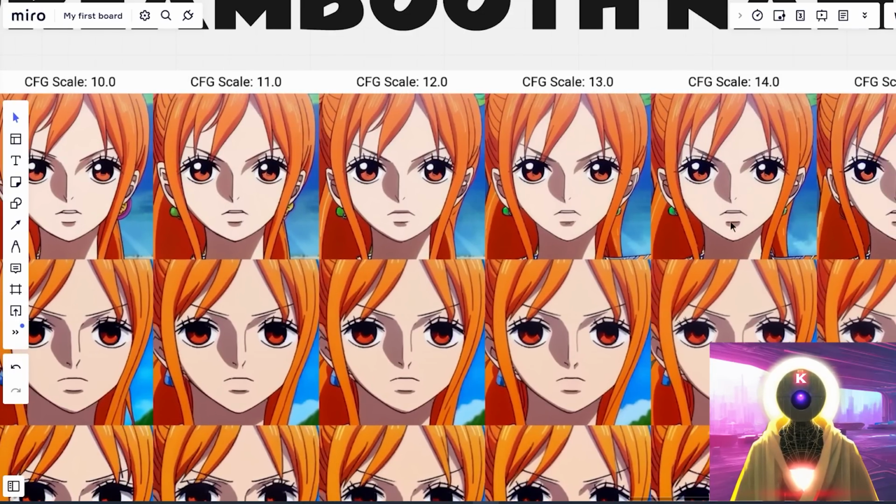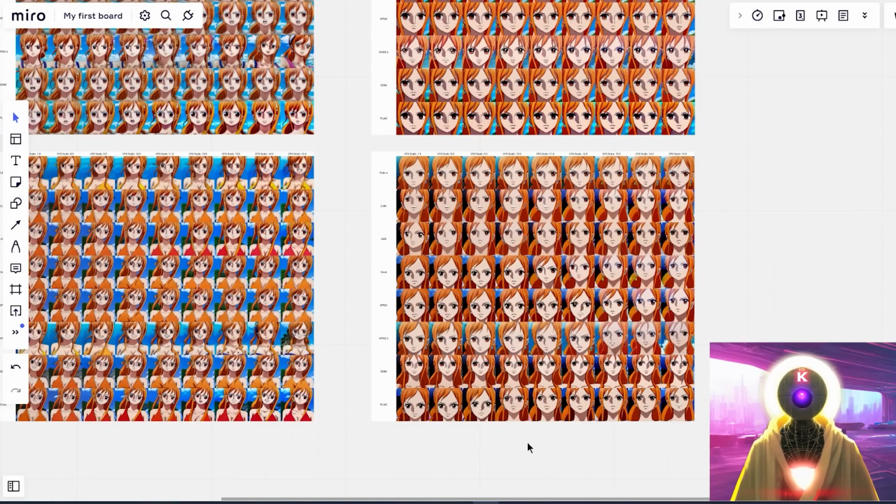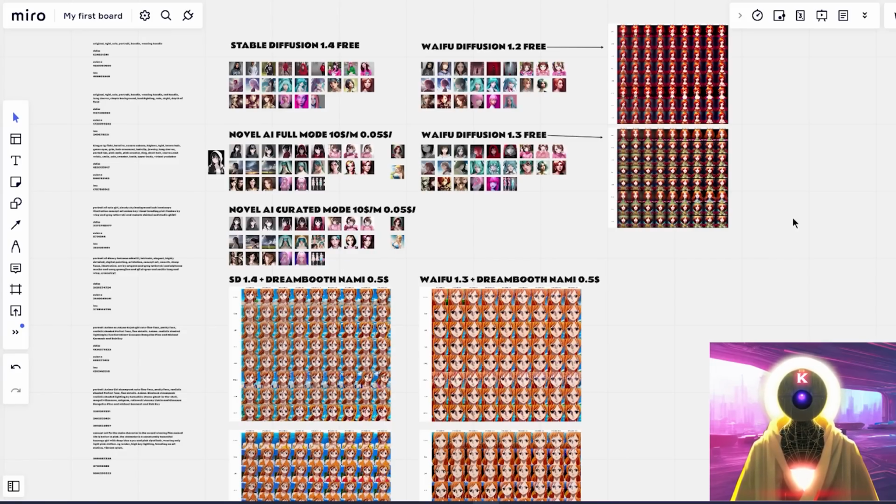I mean, these images right here that you can see on top almost look like they came straight from the anime. And you can see another example down below, so you know that this was not a fluke. Alright, well there you go, you have the end of the comparison, right? We saw that Waifu Diffusion 1.3 was better than the 1.2, and we saw that Dreambooth, combined with the Waifu Diffusion 1.3 model, gives better results. So if you want to create good anime images, either use Waifu Diffusion 1.3 or Dreambooth combined with Waifu Diffusion